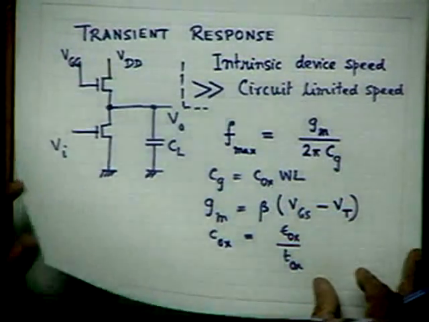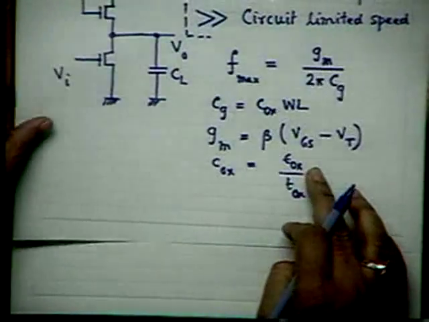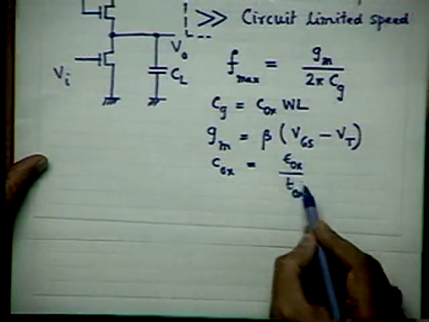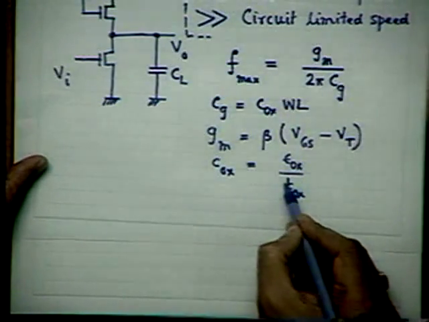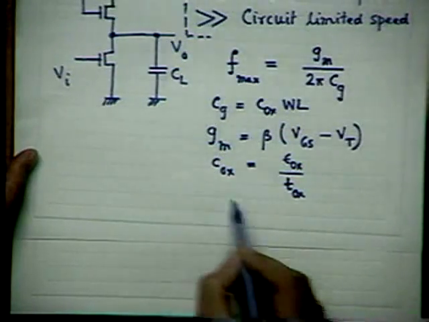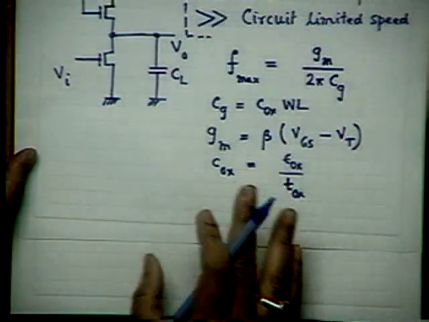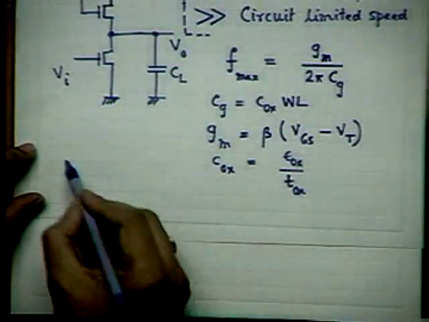Epsilon OX is the permittivity of the dielectric, the gate oxide. TOX is the thickness of the gate oxide. COX is the oxide capacitance per unit area, the standard thing. And substituting all of them, we get,